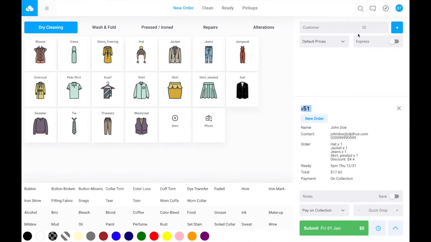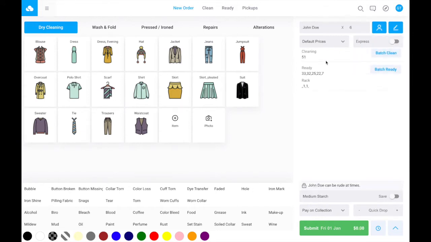So for this we need to select the customer. So for example, I can pull up John Doe again, and this is where then I would need to input the amount of pieces that John Doe has given me. So I put it in this quick drop field on the bottom right. I put in, for example, that John Doe gave me 5 pieces,